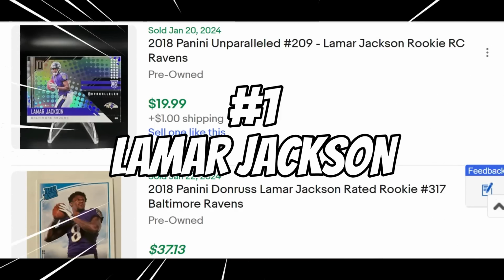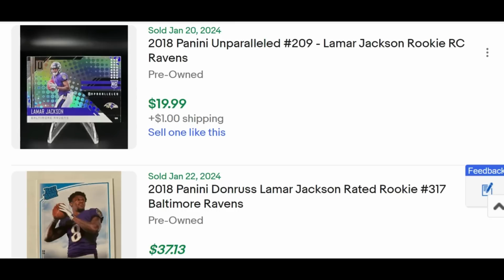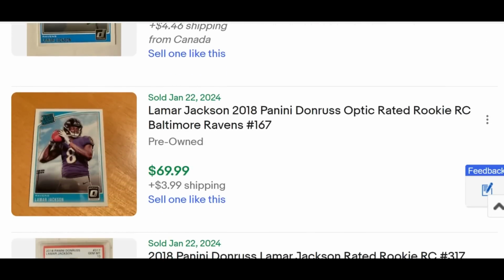Number 1, I'm giving to Lamar Jackson. Now, the Ravens were frustrated in the first half as the Texans heavily blitzed and found a lot of success, but things started clicking in the second half for the Ravens, and they scored on 4 straight possessions after halftime. Look at those base Optic raw cards for Lamar Jackson from 2018 selling for $70 in a buy it now